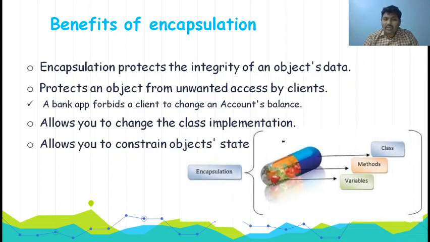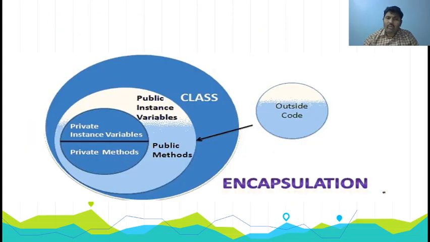What encapsulation is doing here is that inside a class, the methods and variables are combined together. See here how the protection works. Outside programs cannot directly access your variables and methods. Your private variables and private methods cannot be accessed by outside code. The class provides some interfaces with the help of public methods. So outside code will access only public methods and public instance variables. If you want to secure data, just make it private data.